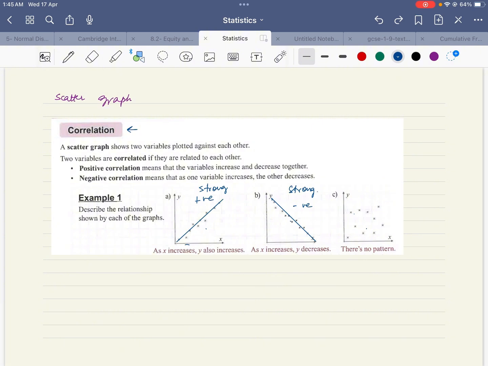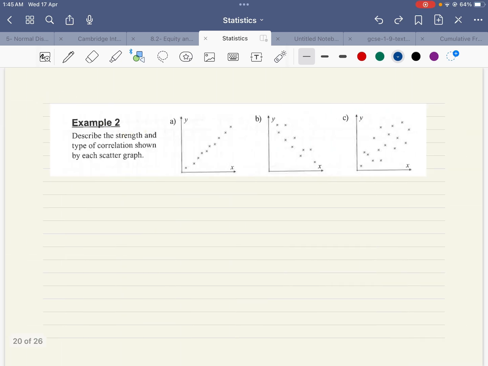You have to identify correlation by looking at it. If you see that these are close together, that means strong correlation. If they are slightly far apart, then moderate correlation, and if more far apart but still there is a pattern, then weak correlation. For example, this one is strong positive because most of the points are close. This is moderate negative because the points are not lying on the line, and this is weak positive, right? This is weak and positive.